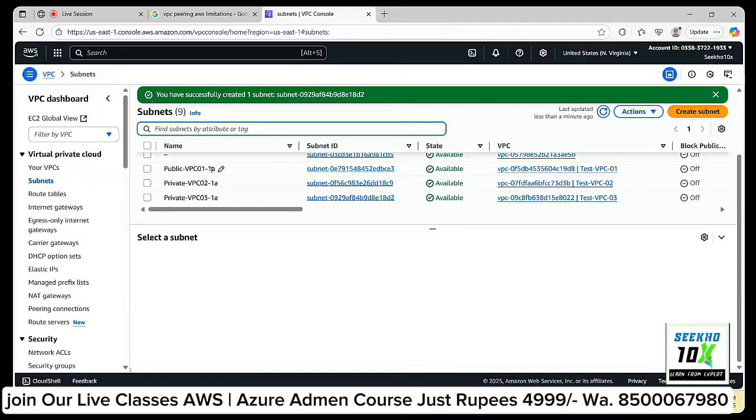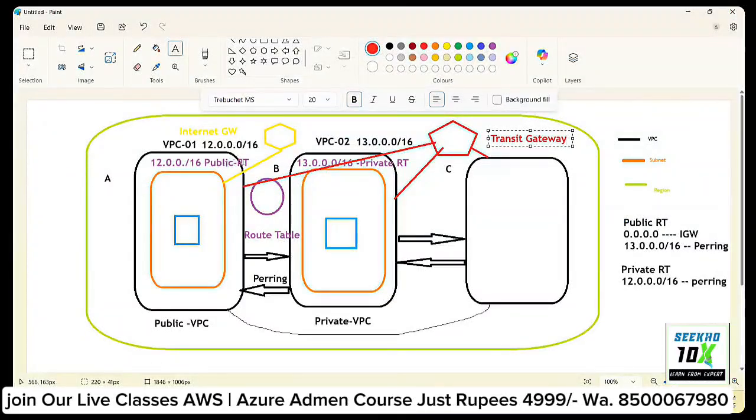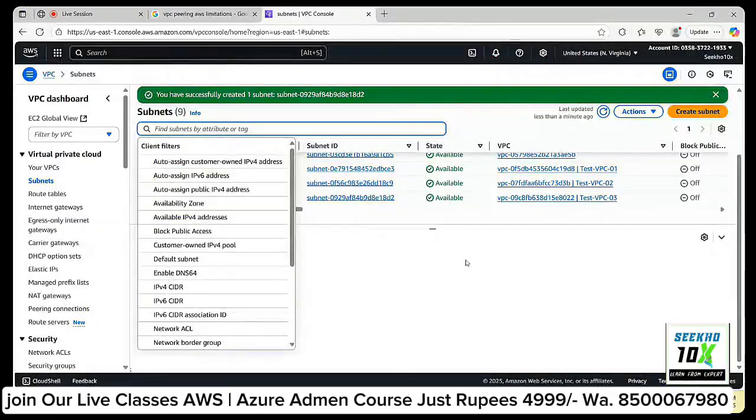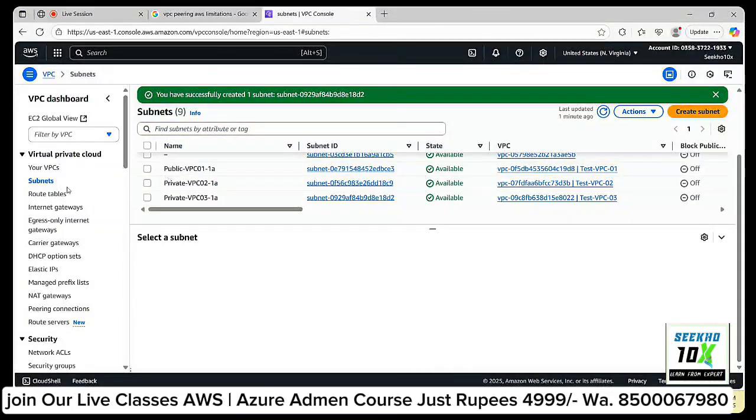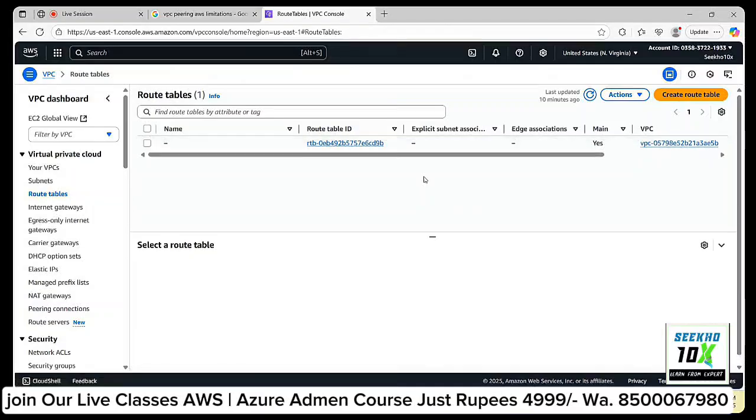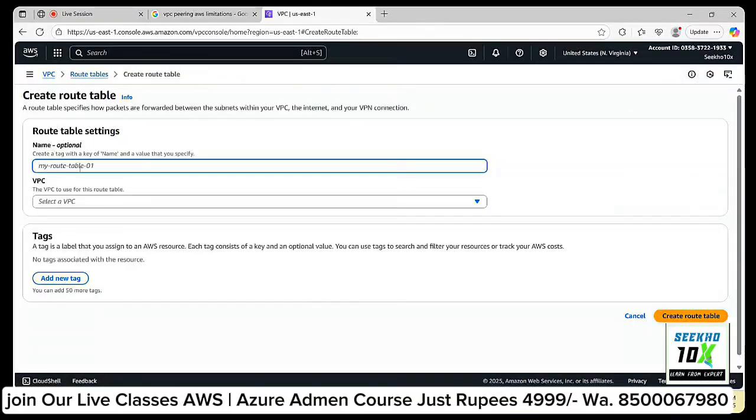What is left now? We have created VPCs. We have created internet gateway. We have created a subnet. And now the left part is RT, routing table. We need to create a routing table for each and every VPC or each and every subnet. Go for routing table. Say create RT